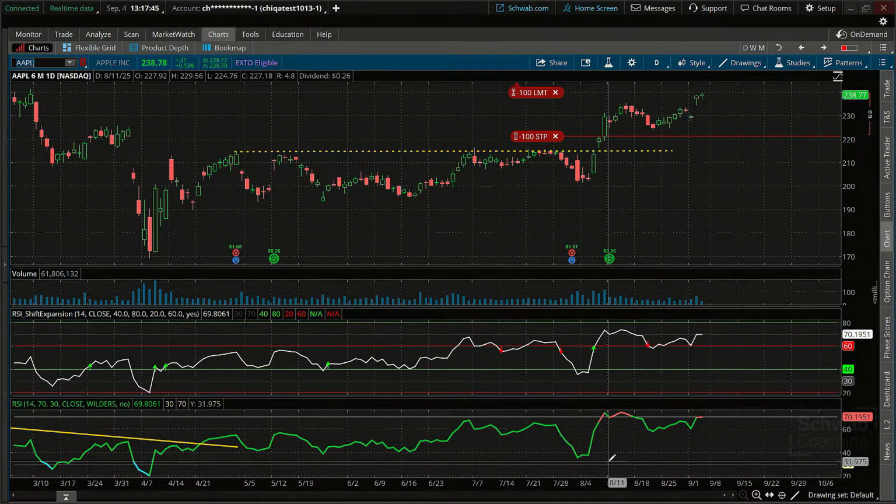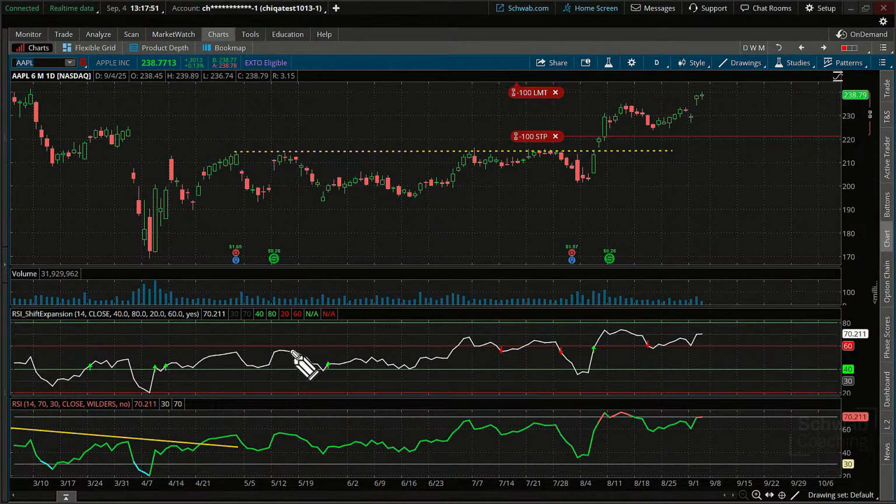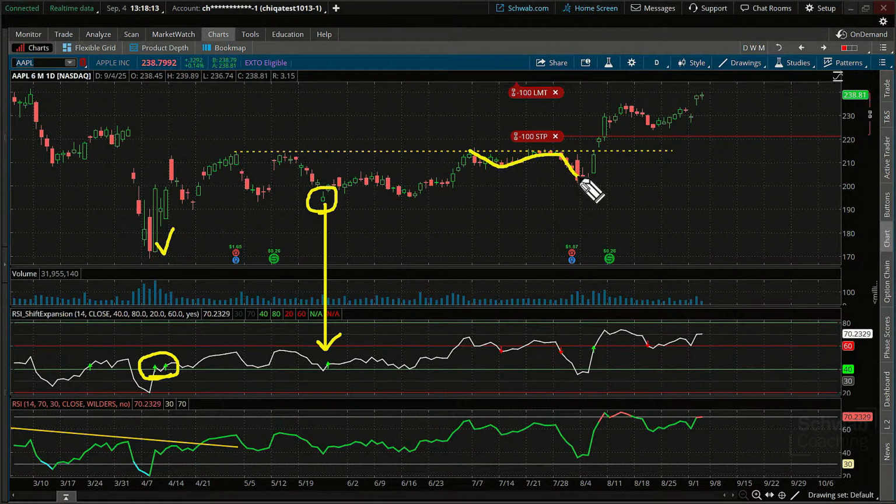But here you go on Apple as well. And you'll notice some of these areas where momentum's kicking into gear. We'll just start from left to right again. So you have a couple here that are really being highlighted. You broke above that level. It said, hey, there's something interesting about this point. Again, over here. Here is your pullback right on cue. Right, you're getting that on Apple. A couple of these were a little bit of weakness at resistance. Was interesting to see. You got your red arrow there. You're dipping back below the 60. And for the big breakout here, you've got this move right here to the upside.